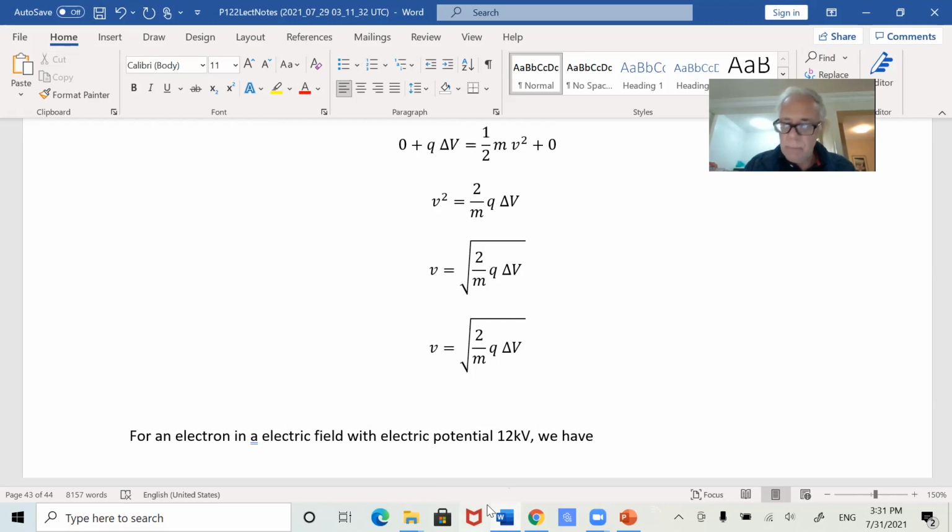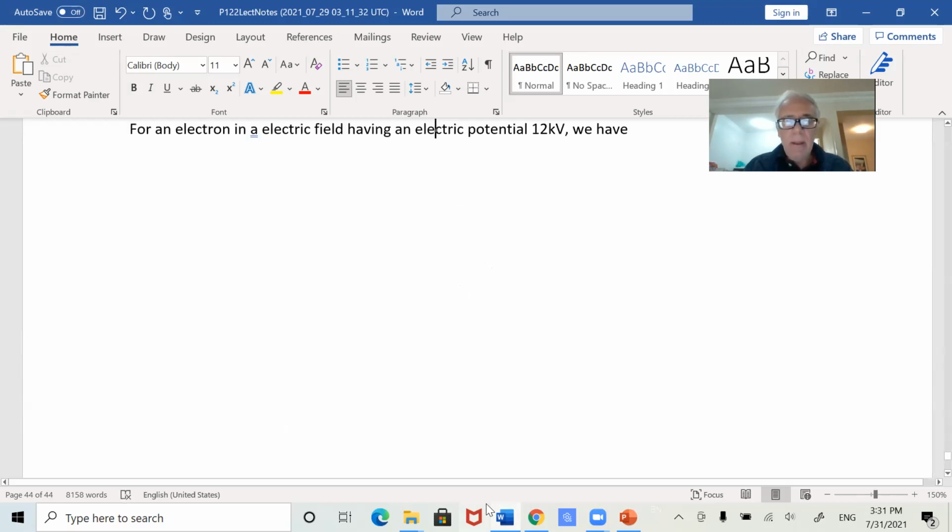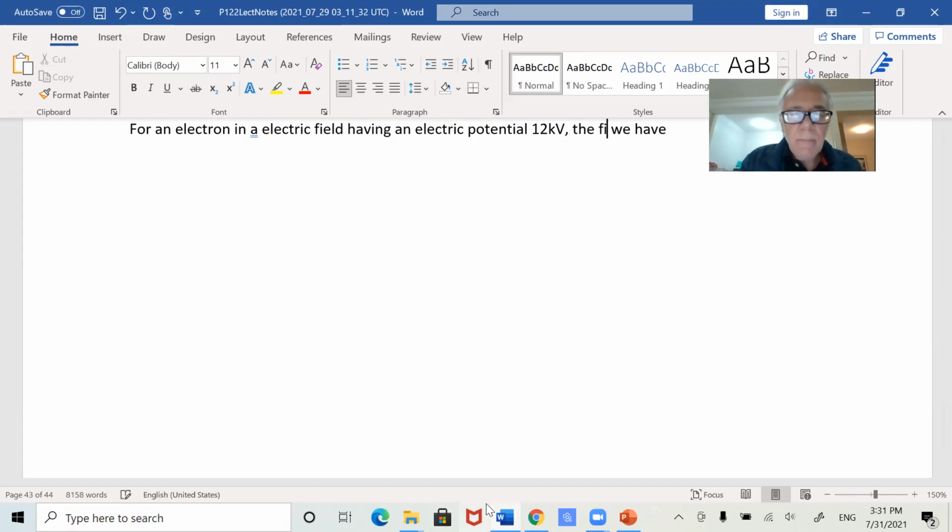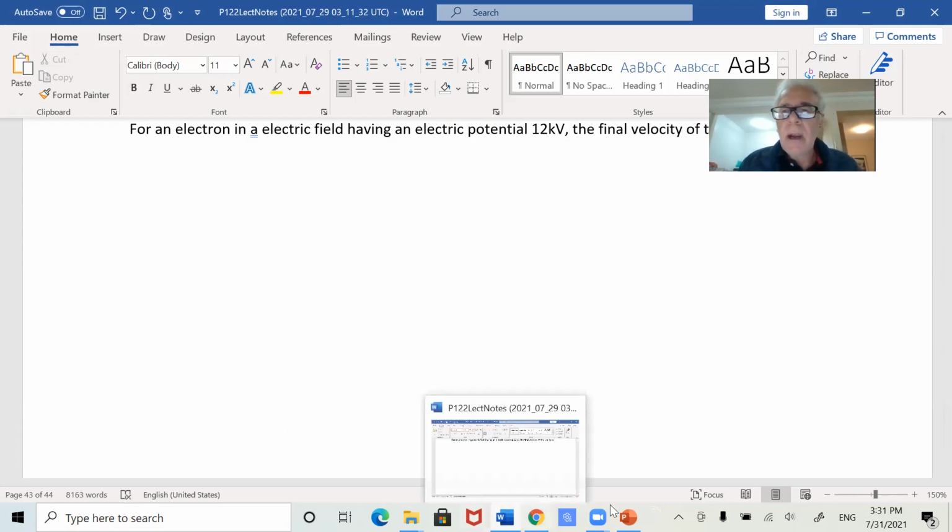We have subjected it to an electric potential difference, potential 12 kV. The final velocity of the charge will be